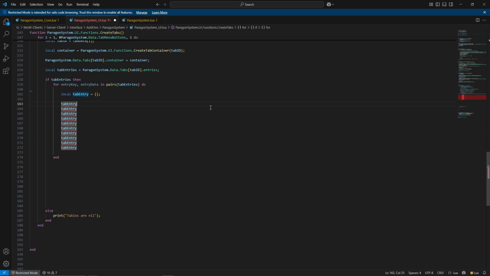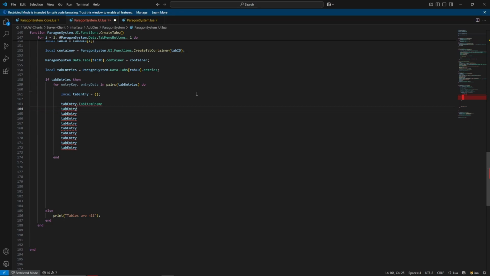And this is again important, that you keep the name correct and the same. Dot tab item